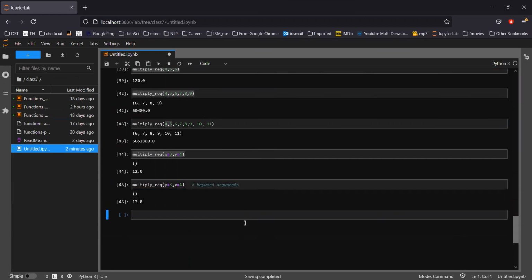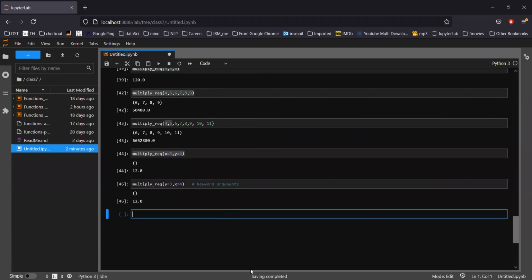So let's define a keyword statement first. Let's say I have to calculate the area of a rectangle.